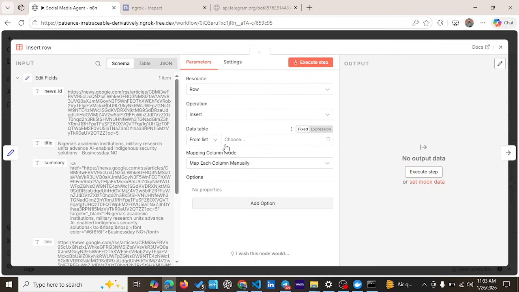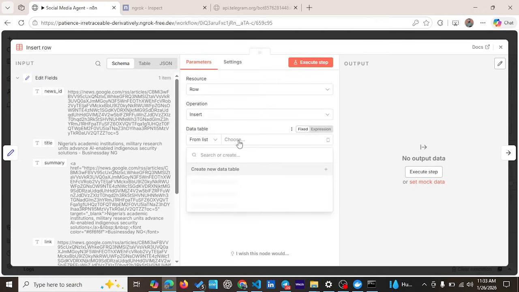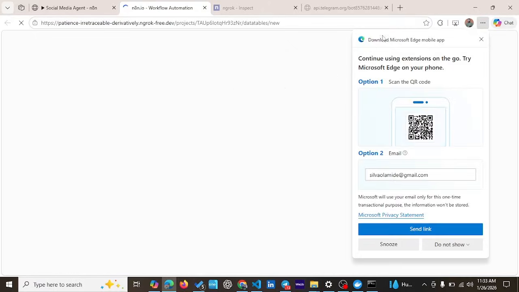Yeah. So we leave this as row. Operation as insert, leave that. From list, yeah, so we'll come here because we don't have any data table yet. We are going to add a data table. Now it will open a new tab. Now you will need to create